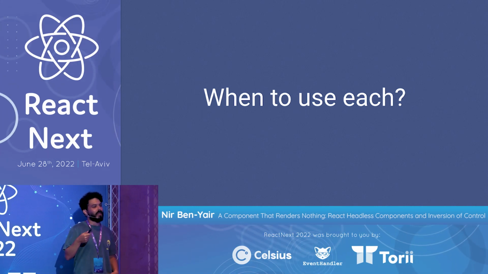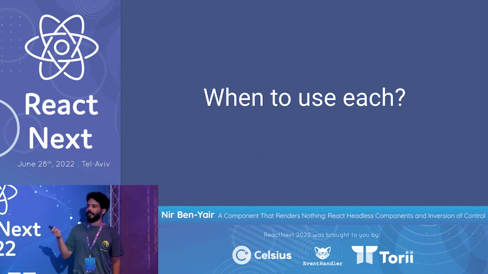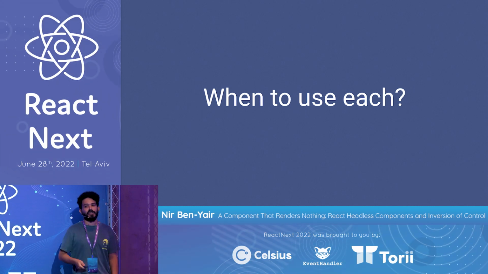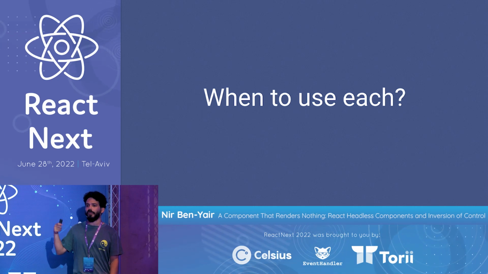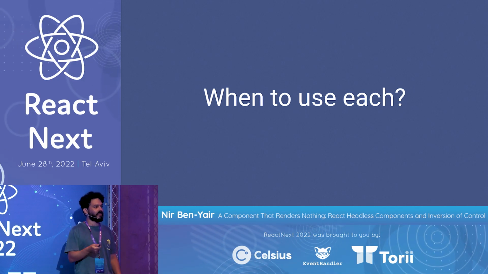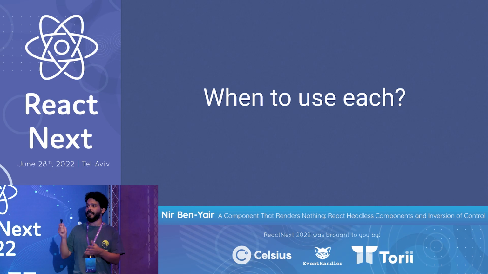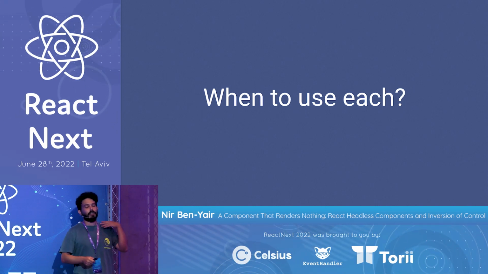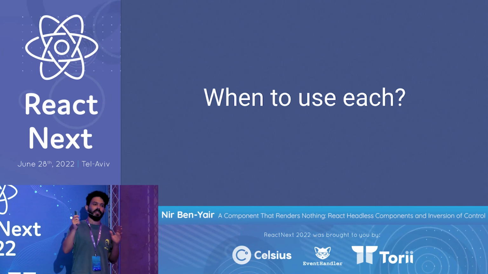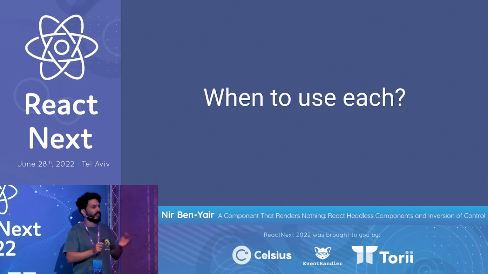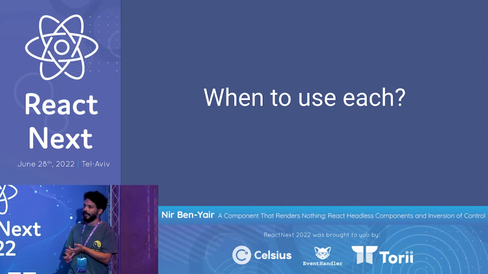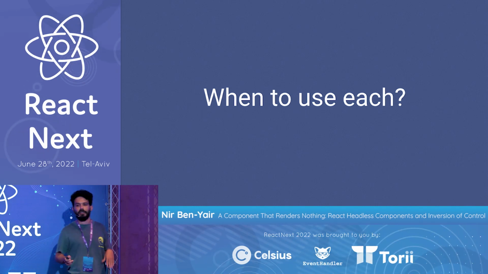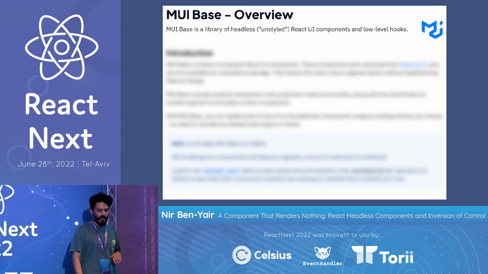At Gloat, I needed to implement really custom functionality and custom design requirements. So using Material UI just wasn't worth it anymore. I needed to use something else, and the headless UI libraries were the perfect solution for me. But if I needed to ship a product very fast, or I could take Material UI and not make a lot of effort in order to change its functionality and design, I would probably use that. So it depends on the use case. And